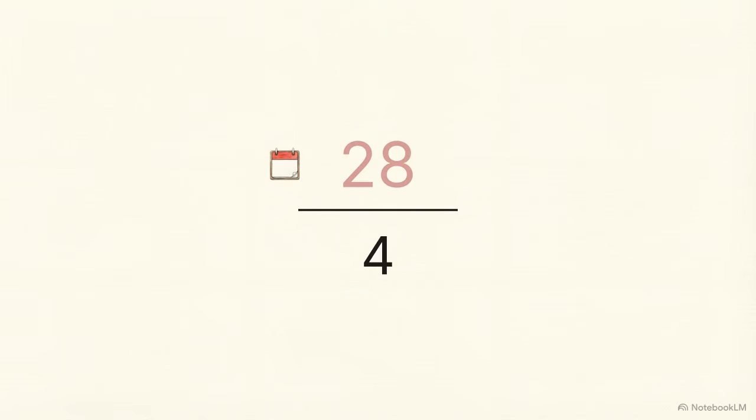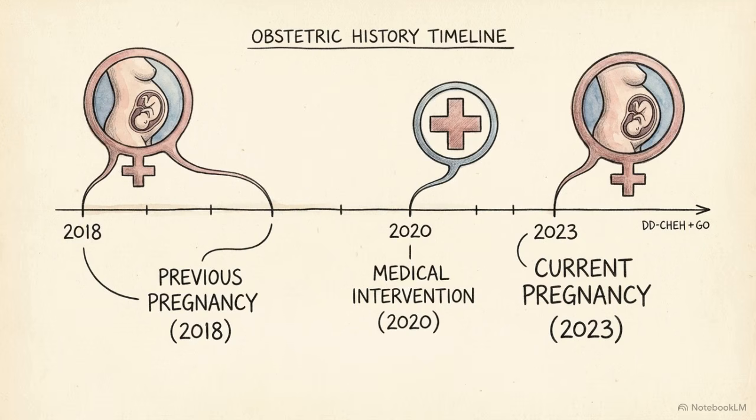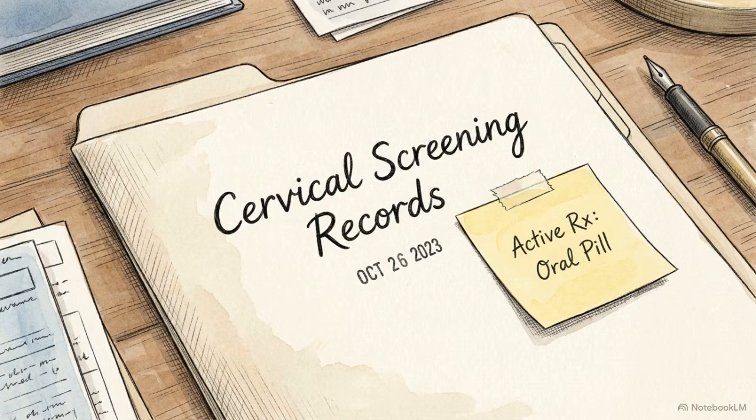The numerator represents total cycle length, while the denominator tracks the duration of menses. These numerical configurations allow rapid visual parsing. Shifts immediately signal conditions like polymenorrhea. The obstetric history details past parities, the occurrence of spontaneous abortions, and the chronological timeline of all previous pregnancies. It is also essential to record the results and date of the last Pap test, alongside the patient's current contraceptive